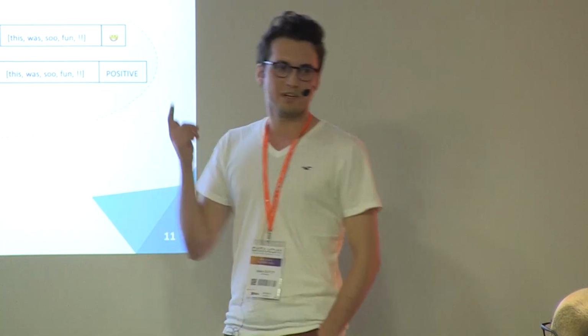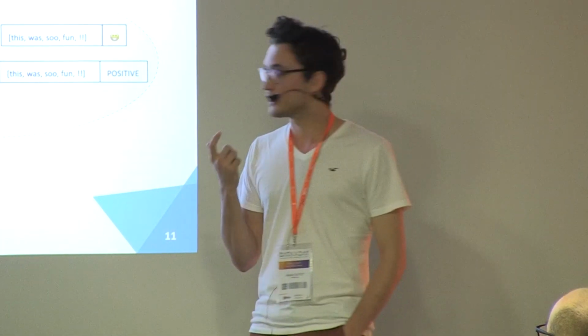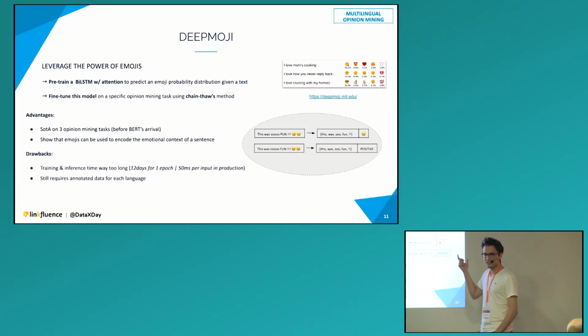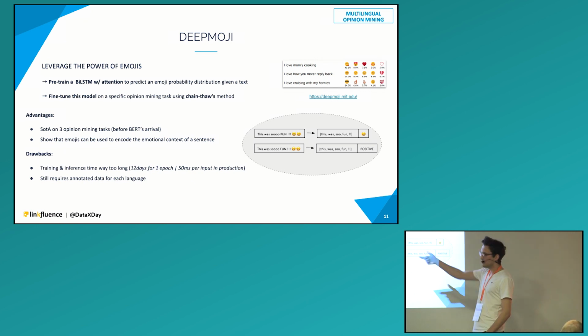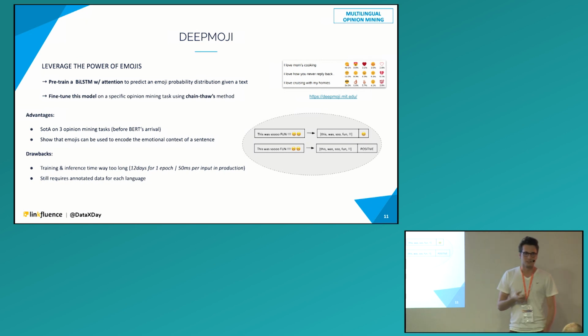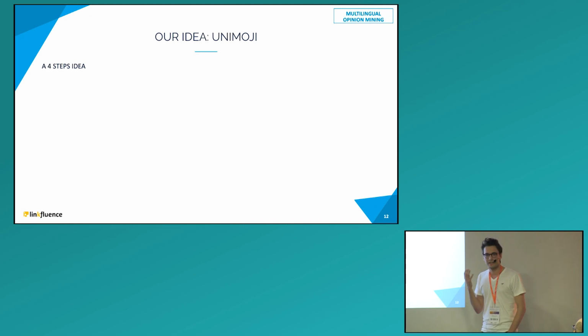And the second drawback concerns the multilingual challenge, because if you see this method, you can say, okay, but you still need a data set for each language, because you need to fine-tune the model on the target-specific task. So it doesn't resolve the multilingual challenge. However, we decided to take the very good points of this paper, and we tried to develop an idea. And actually, it's a 4 steps idea